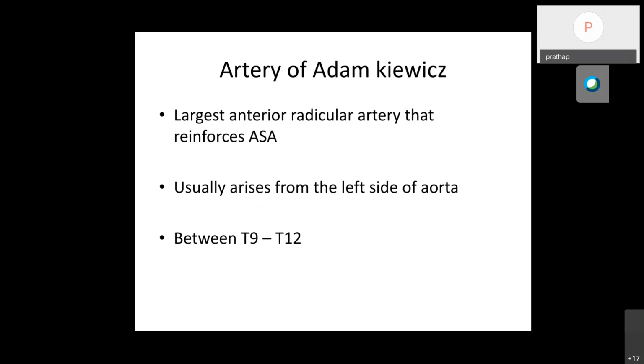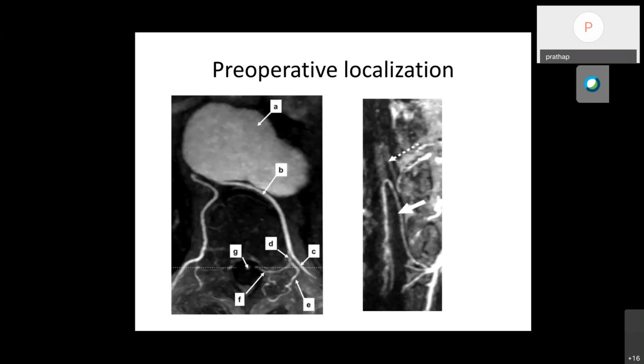It usually arises from the left side of the aorta between the T9 and L2 level. The preoperative localization can be done via the MR angiogram. Herein, the picture shows B is the segmental artery, C is the anterior branch, D is the posterior branch, and E is